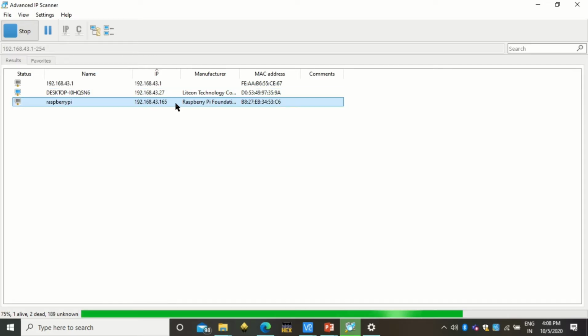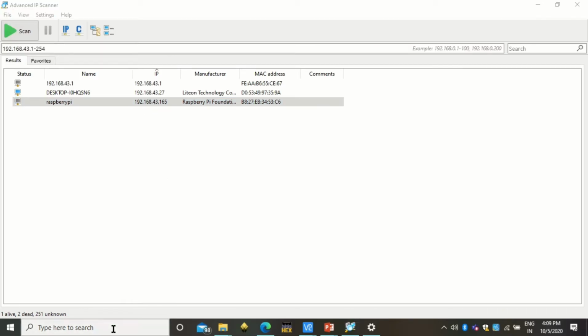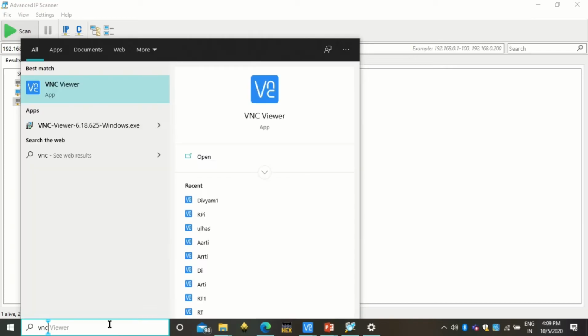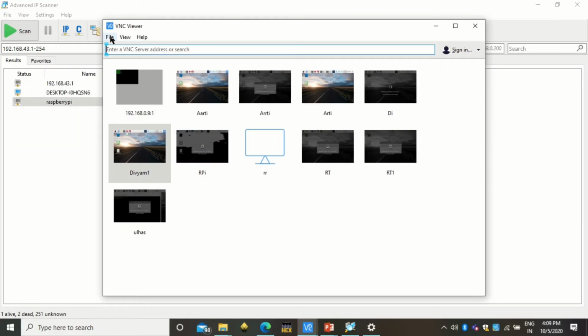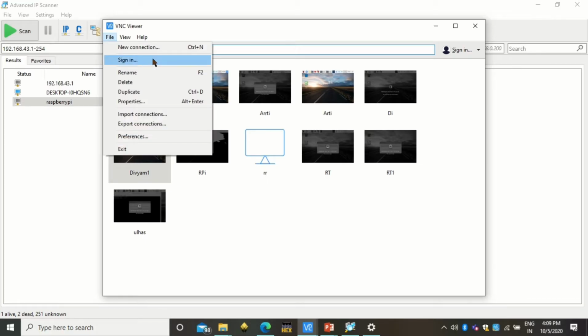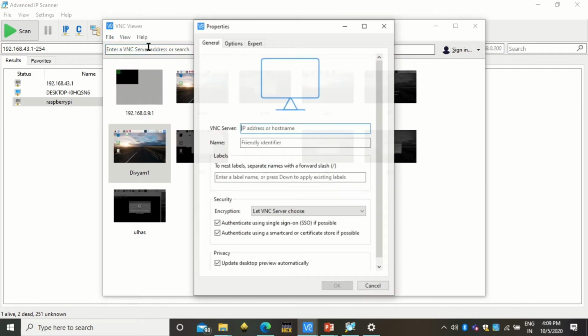Now the IP address for my Raspberry Pi is 192.168.43.165. I need a VNC Viewer to view the desktop of the Raspberry Pi. So how to view it with this IP address? You can click on File and New Connection.